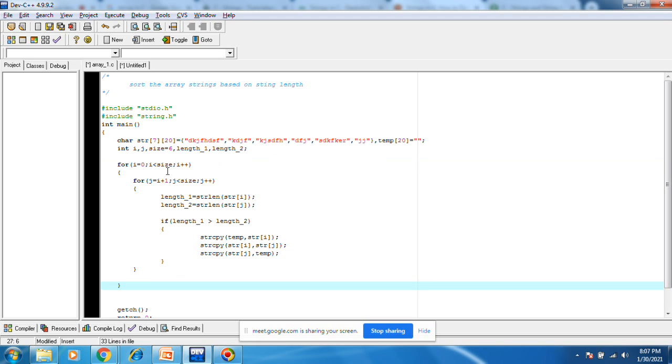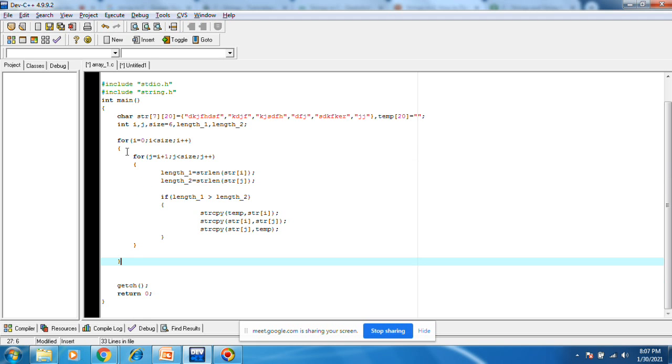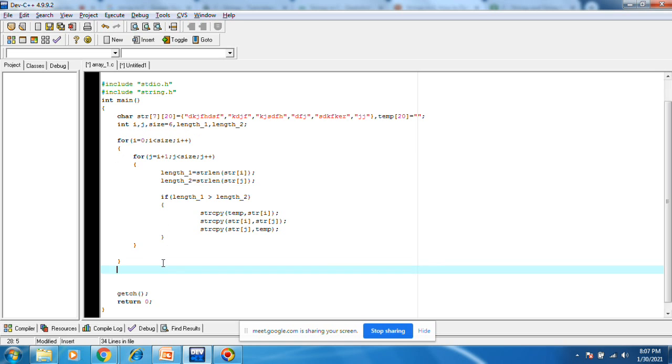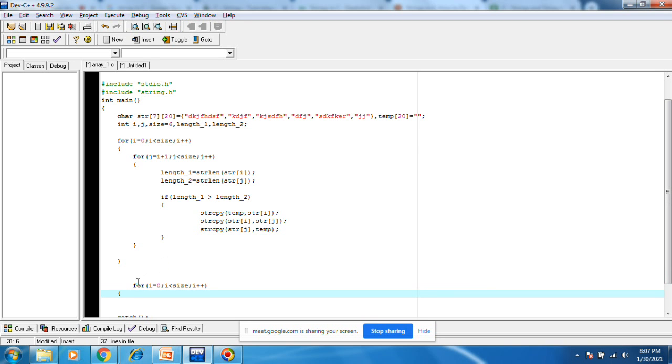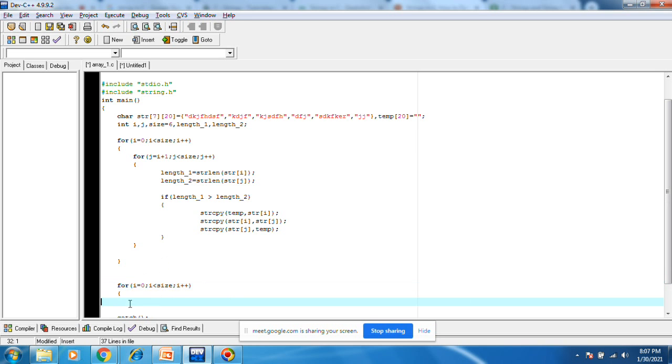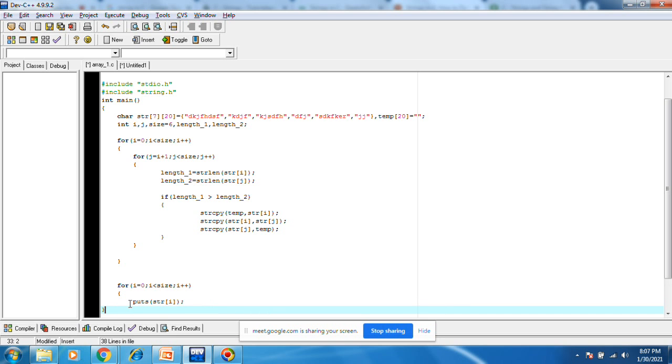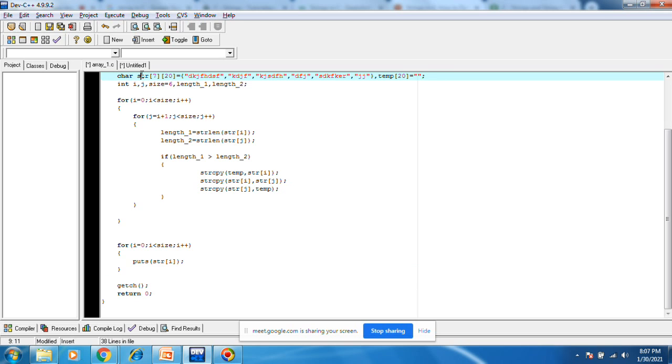Now let's display the array elements, whether it is sorted or not. Put as str of i. Everywhere we use str, this same array only.